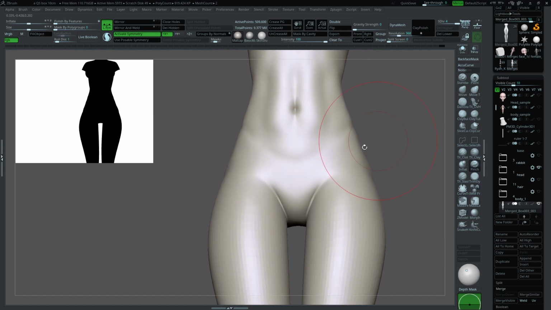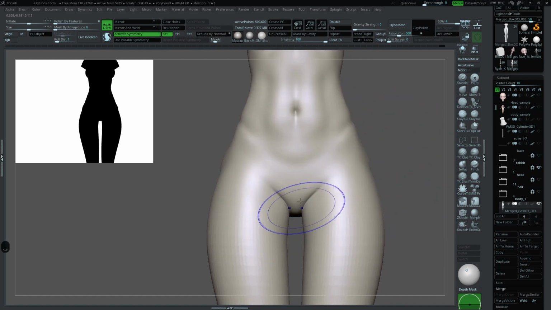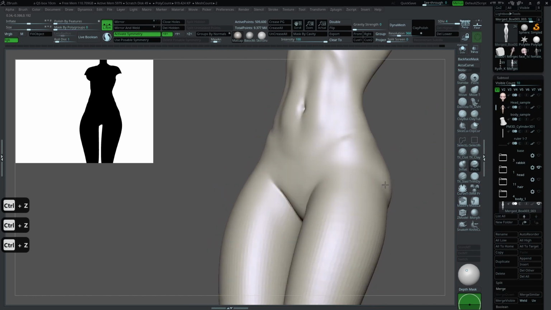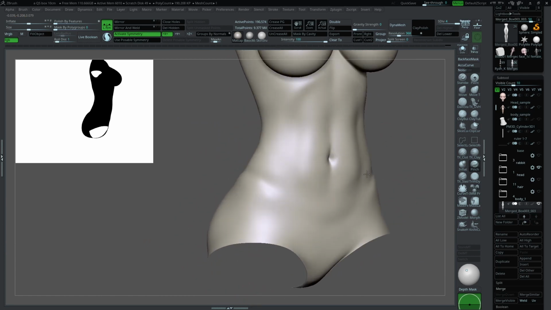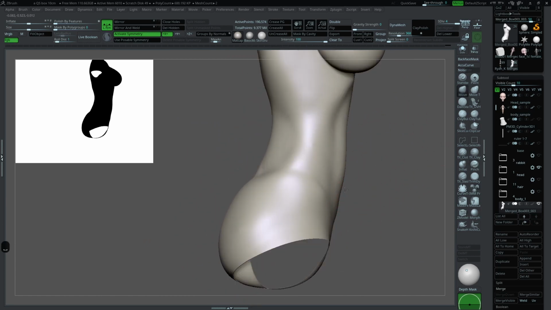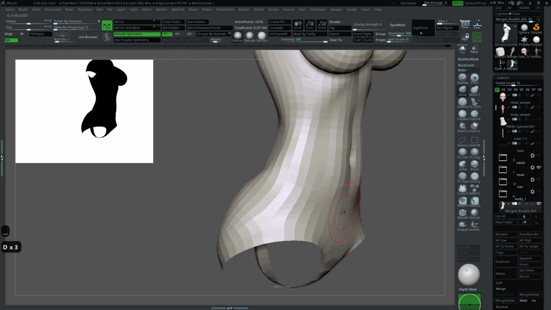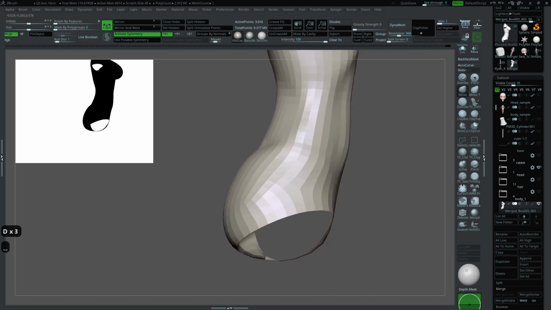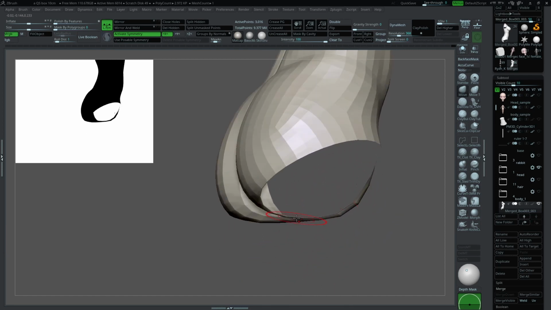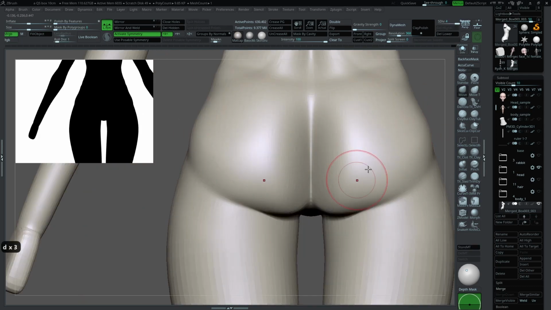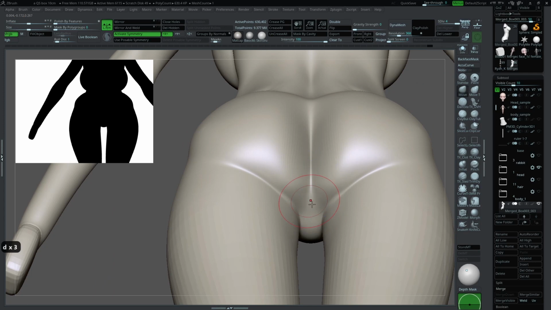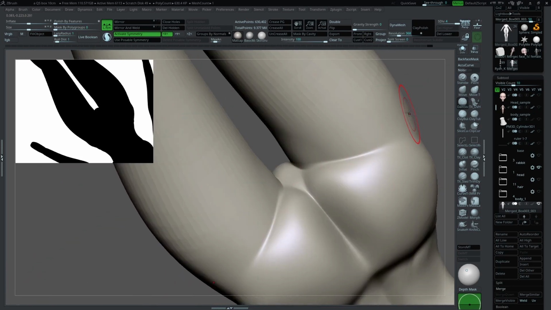Now I'm using the pinch brush to reduce the size of the pelvis. The shapes should be about like this, and we fix the curve again. This one a bit out like this, and from here there's an inside like this. So if you see from the back, it will create something like this. There is a Y letter. If you flip it like this,